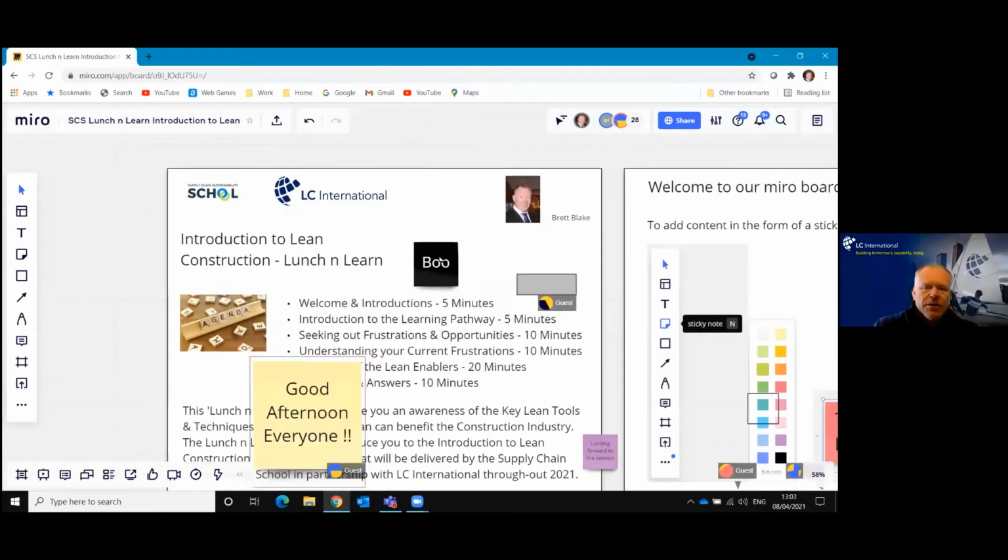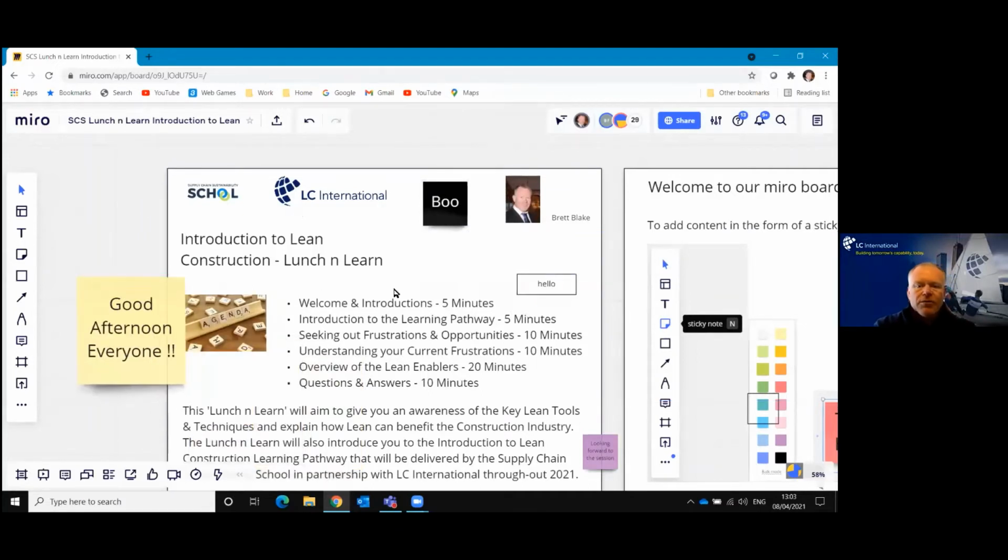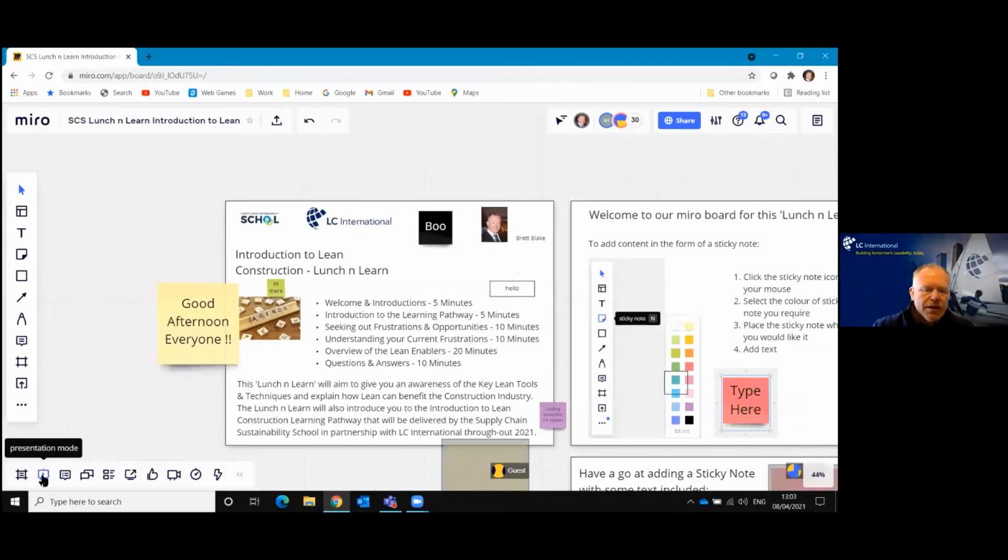What we're going to be looking at in our agenda today is a welcome and introductions. We're then going to look at the introduction to the learning pathway, and I'm going to take you through how we seek out frustrations and opportunities. We'll then look to understand your current frustrations, and we can use these as examples in how we take action through the Lean enablers. And then finally, we'll close off with the questions and answers. So let's now look at the